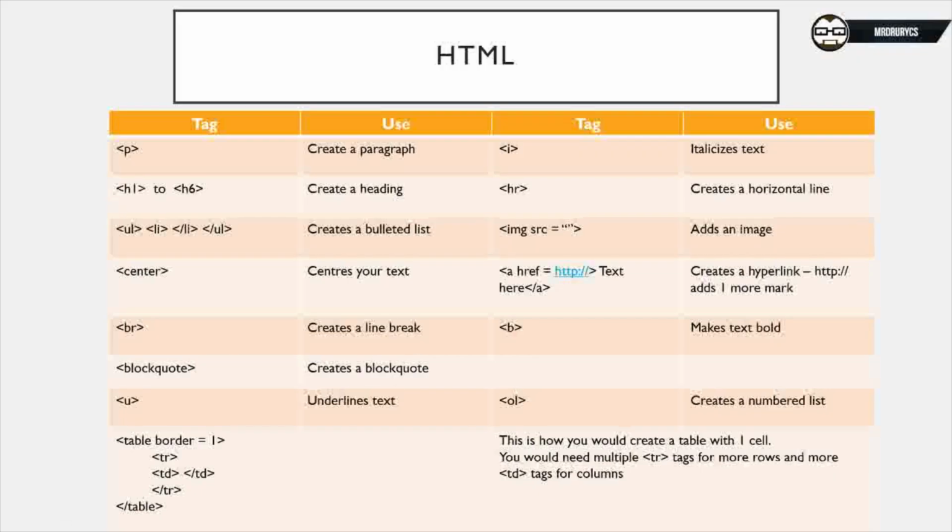So back to that. So you've got P for paragraph, H1's a big heading, H6 is tiniest or smallest, UL is a bulleted list, OL is your numbered list, LI is the same, center's your text,